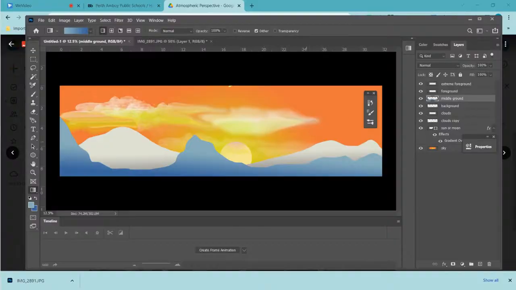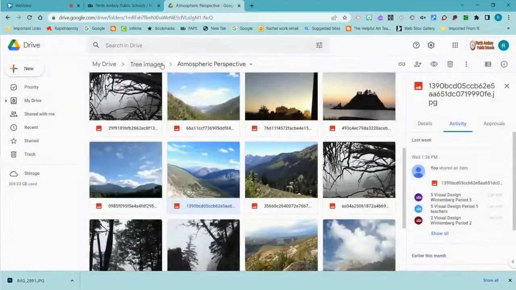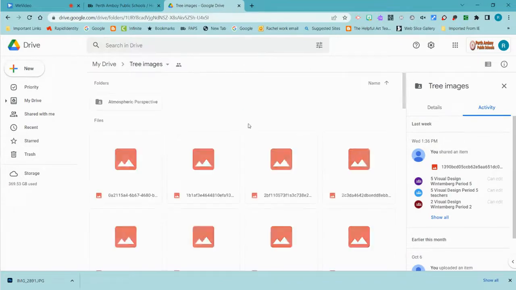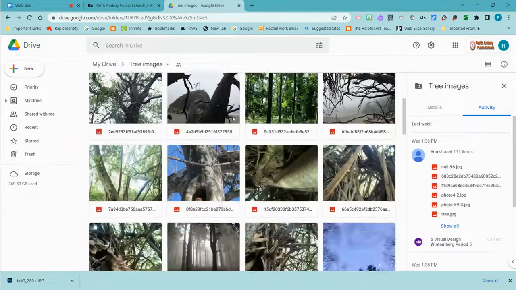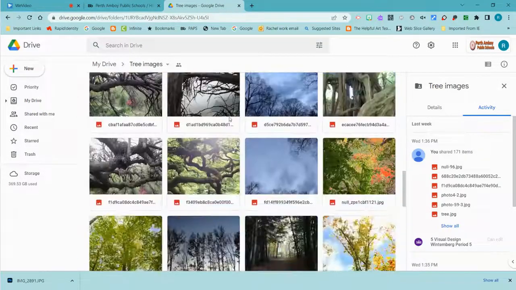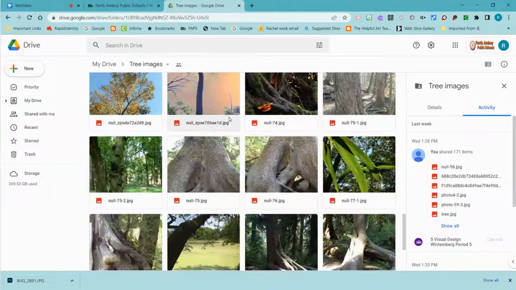All right, so now I'm going to go to the foreground. For the foreground, I could do more mountains or I could do something like trees. So I'm going to go back to my folder, and it says tree images. So let's look at the tree images. Okay, so there's a lot of different tree images. And what I like about them is that they're not